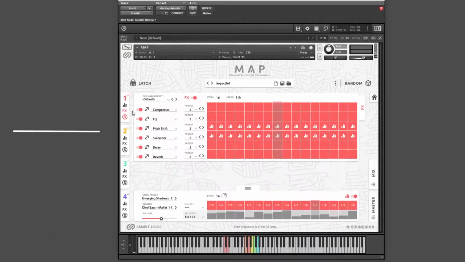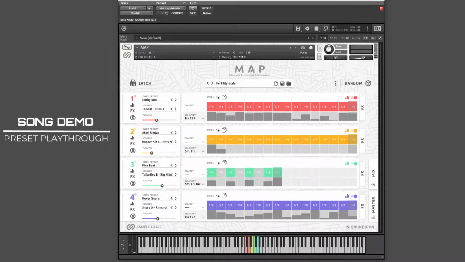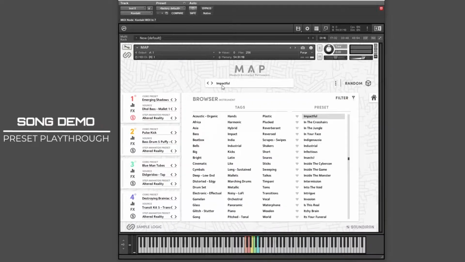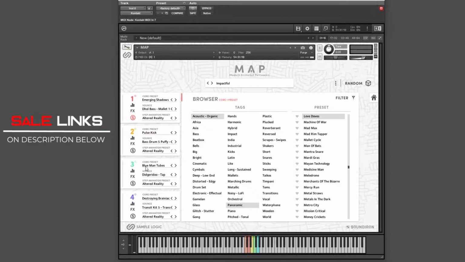I am using 3 instances of Map right here. So first, what I did is that I was just looking for a nice beat preset, which by the way, they have tons of, categorized with these tags. So for my first instance, I got this Impactful, and I tweaked it by changing core instruments right here, in which by the way, for every preset it contains 4 core instruments. So first it sounded like this originally,